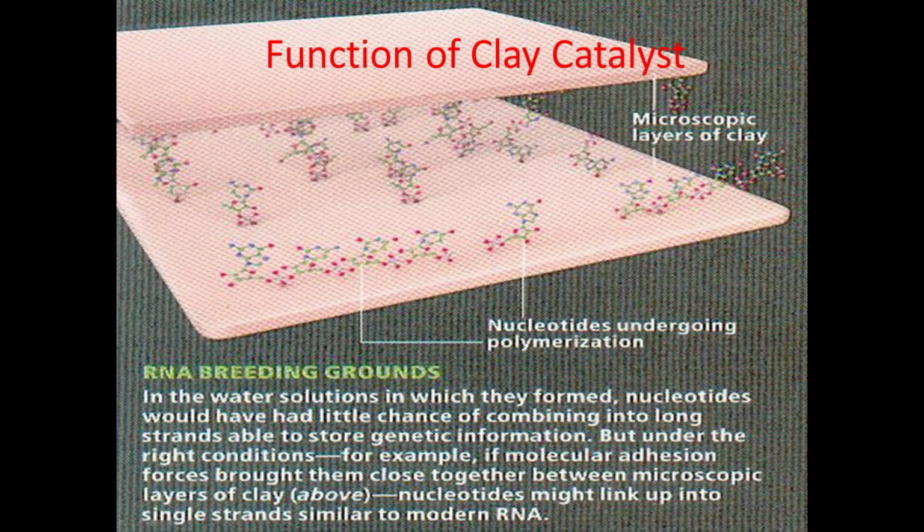This slide illustrates how a clay substrate takes the random molecules out of solution and holds them within billionths of a centimeter of each other so they can react to make RNA. The point here is that the bases that make up the RNA molecule, adenine, cytosine, guanine, and thymine, are too dilute in an open aqueous solution to have any hope of making significantly complex RNA molecules that could be a precursor to living cells.